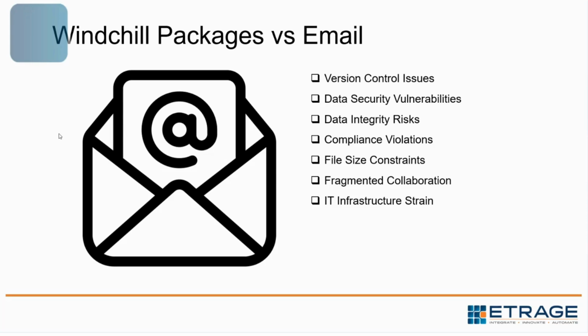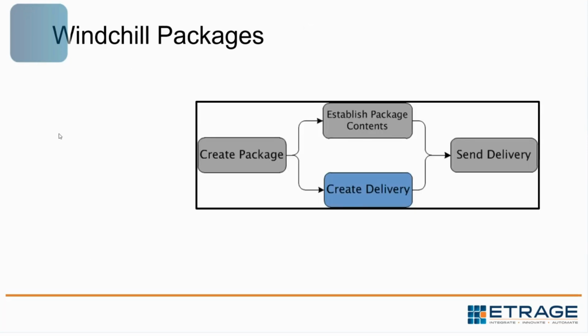There are also file size constraints on what you can send through email, which can then cause an IT infrastructure strain, because your IT infrastructure, when it comes to emails, has limited bandwidth. So if you're sending bigger files, which is typically the case when you're dealing with CAD files, that could cause a strain on IT infrastructure, and on and on. And so there's a whole bunch of risks and issues that come with sharing files and sharing engineering IP through email. But that's the status quo in a lot of companies today,